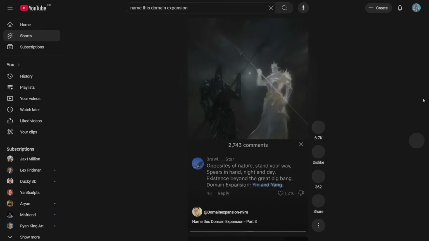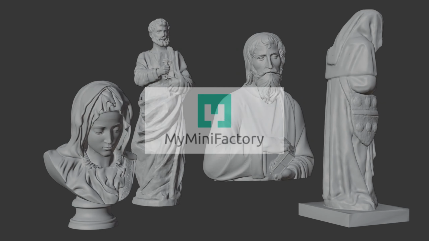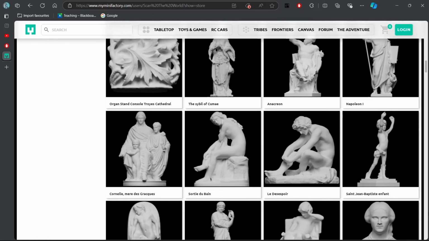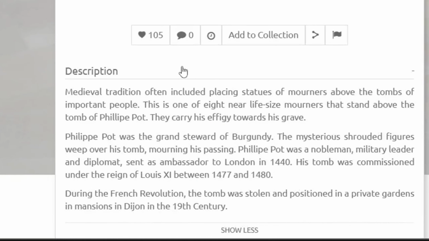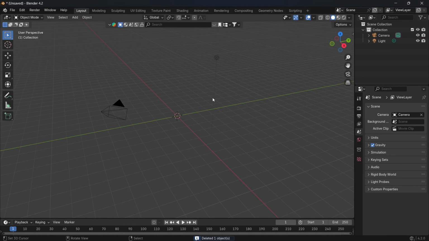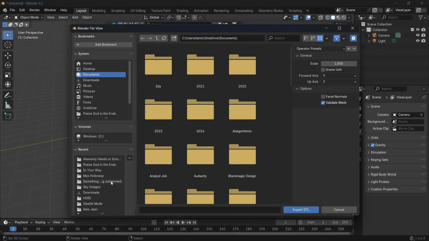So I went to one of my favorite sites for 3D models, MyMiniFactory. After scrolling for a few seconds, I came across this model of a mourner. The description says that this is a mourner weeping above the tomb of an important nobleman. Instantly, I imported this model into Blender, and my mind raced to the idea that this would be a saint